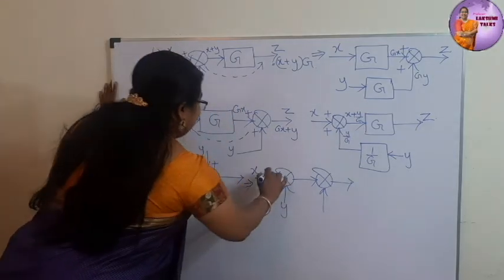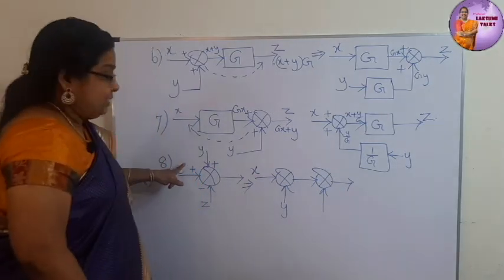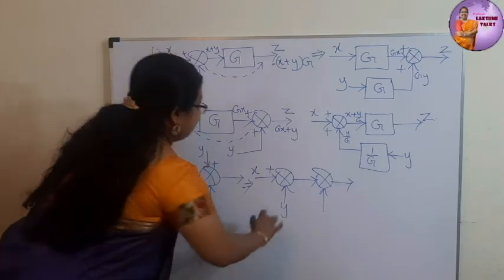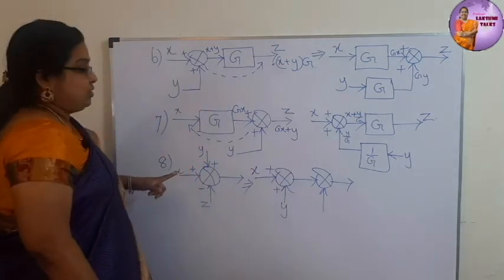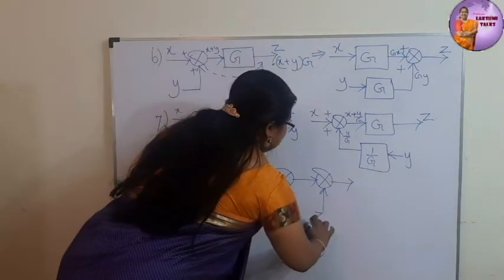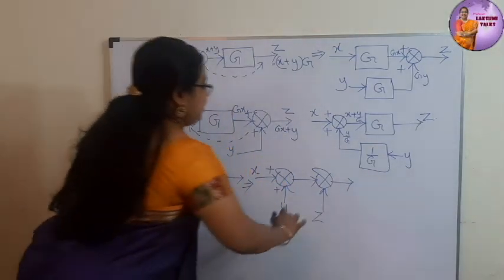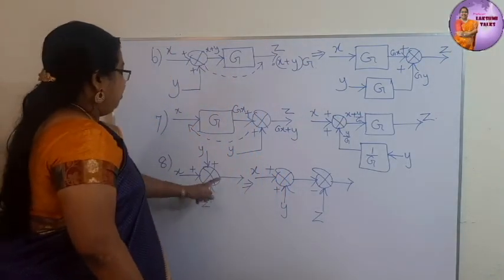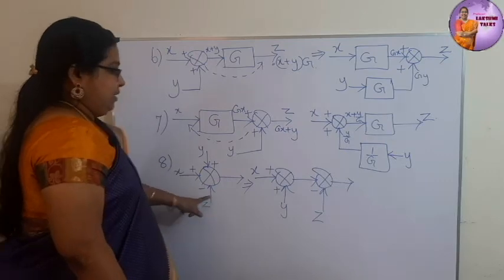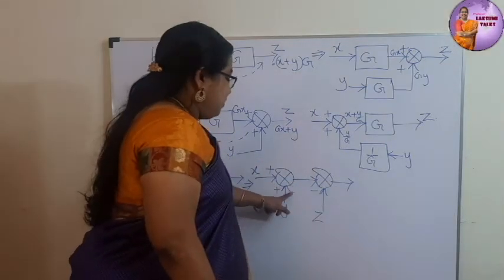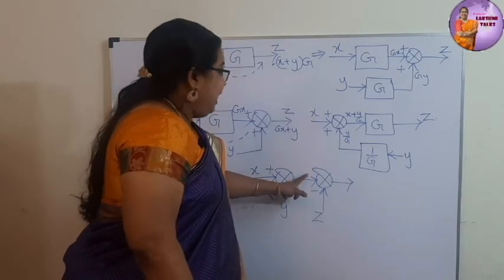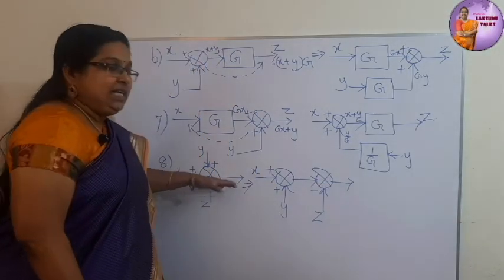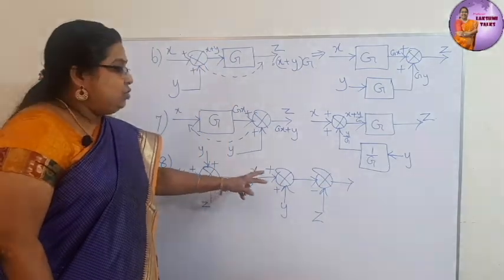When you put X, the sign of X here is positive, so the positive should be mentioned here. The sign of Y is also positive, so it should be mentioned as positive. And what is the remaining signal? It is Z. What is the sign of Z? It is negative. So that will be fine. What will be the output? It is X plus Y minus Z. X plus Y will be the output of this summer, and X plus Y minus Z will be the output of the other summer. So we have correctly split the summer into two.